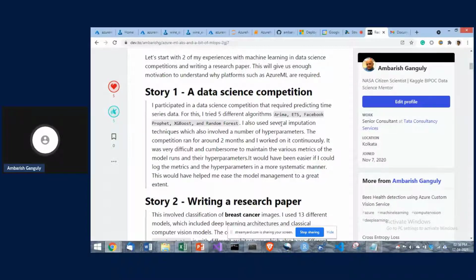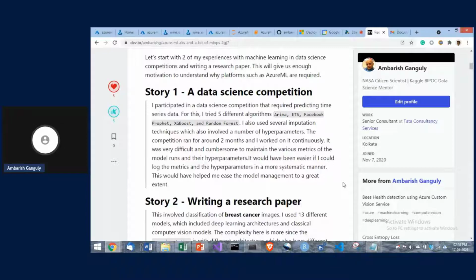But the problem was that since we built so many models and the competition ran for around 2 months, it was difficult to maintain what models I built, what parameters I chose, and there were so many different models, different hyperparameters.